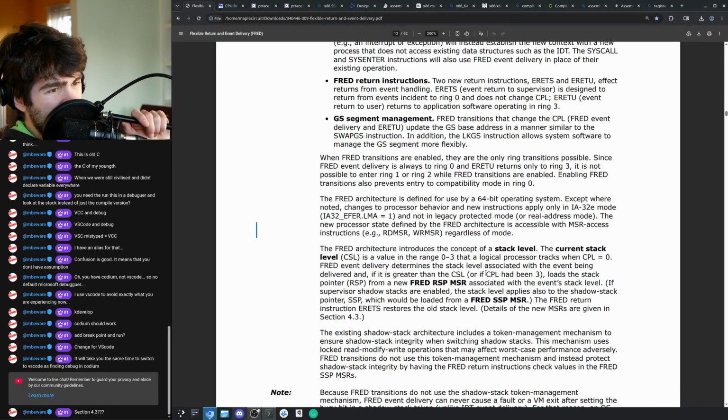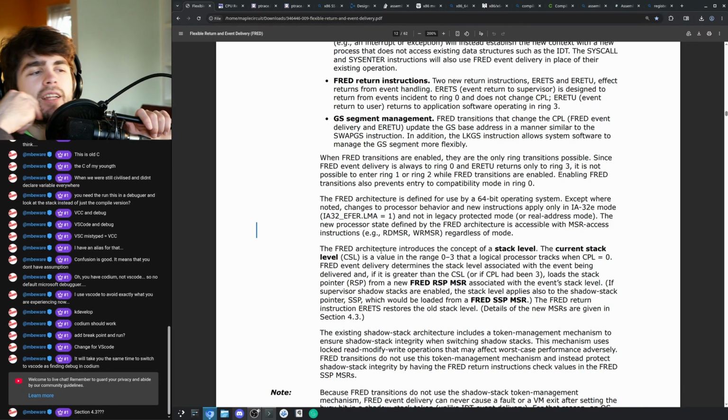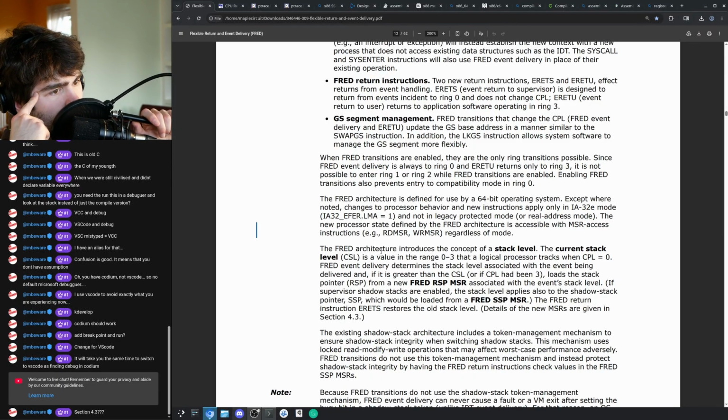How does it even make sense? The Fred architecture introduces the concept of stack level. The current stack level is a value in the range of 0 to 3 that a logical processor tracks when CPL equals 0. Fred event delivery determines the stack level associated with the event being delivered, and if it is greater than the CSL, or if the CPL had been 3, load the stack pointer from a